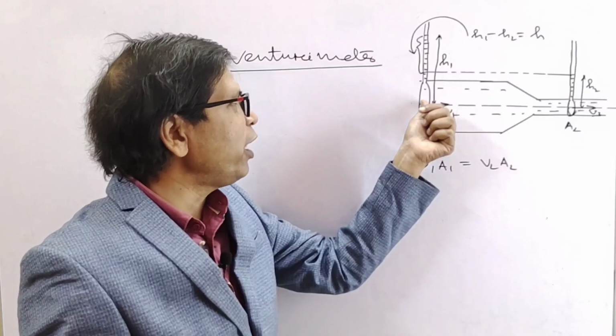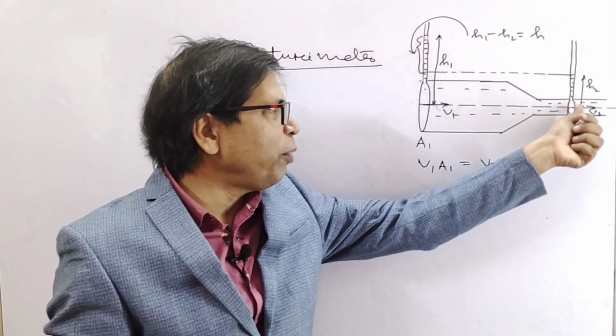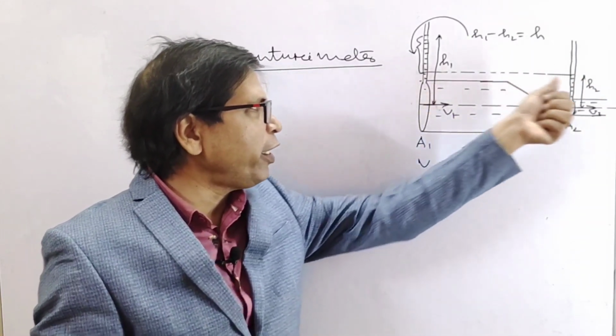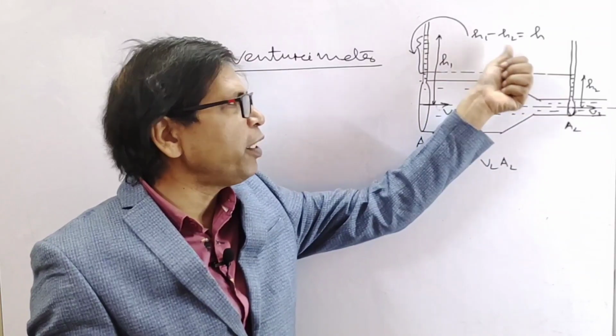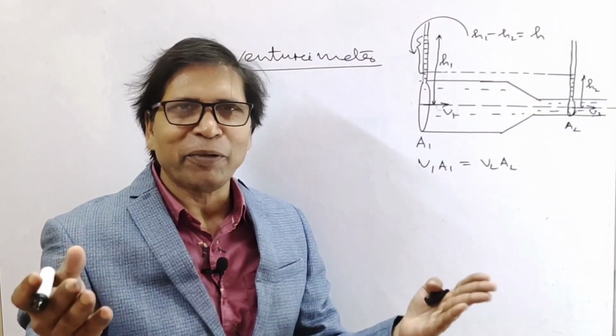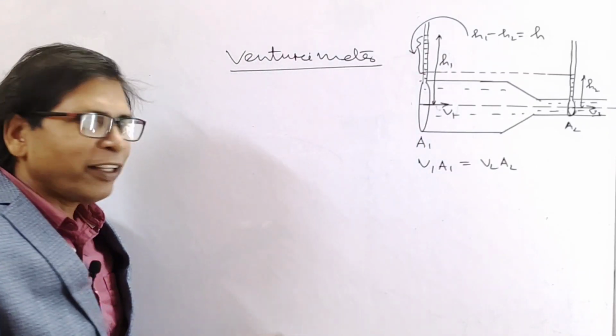That is why the water level rises here, H1 is more, and the water level rises here. The difference of H1 and H2, that is H1 minus H2, equals H. Measure the pressure difference. Okay, now if we apply the